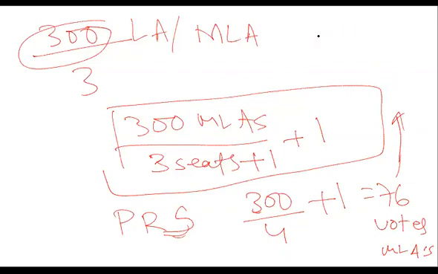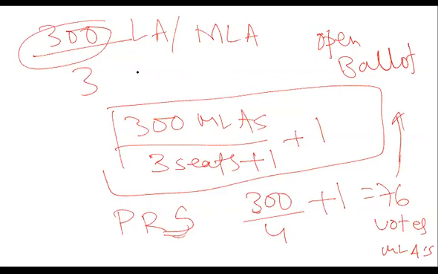What do you mean by open ballot? Open ballot means the people who are voting, their vote can be seen. Everyone can see who is voting for whom, who is giving the vote to whom, and this is called open ballot.